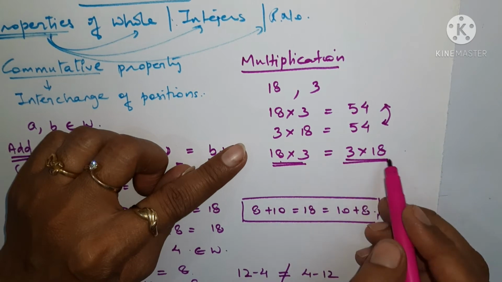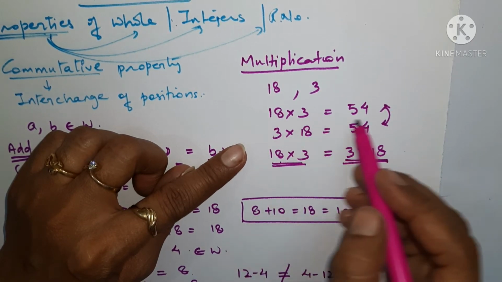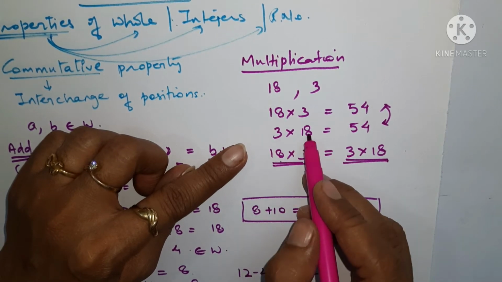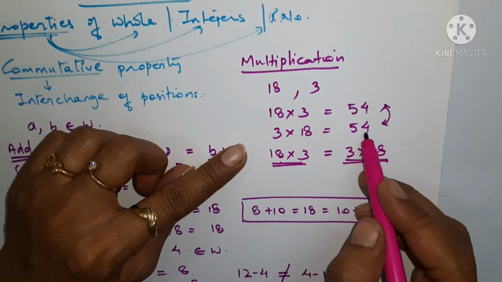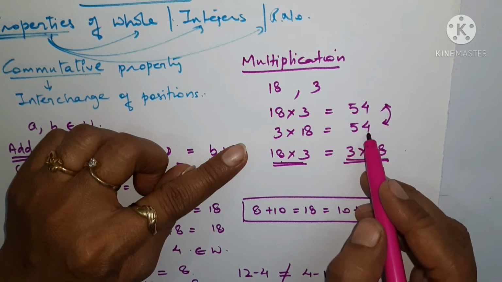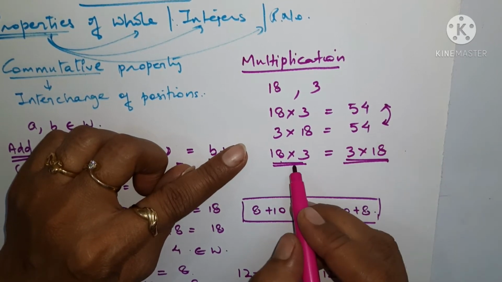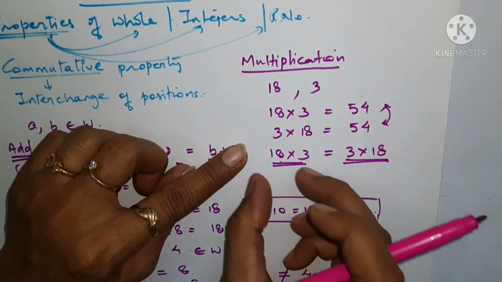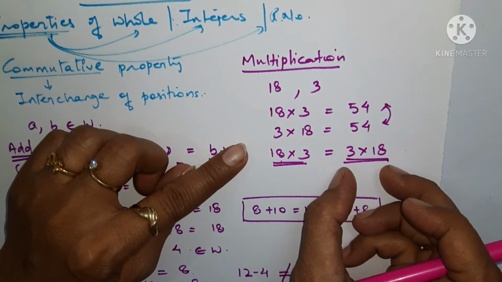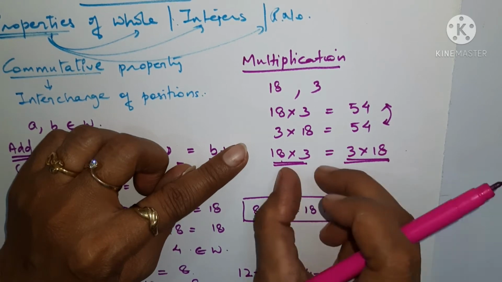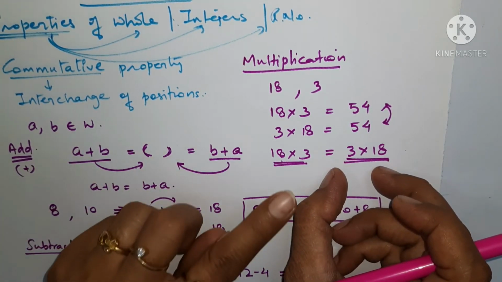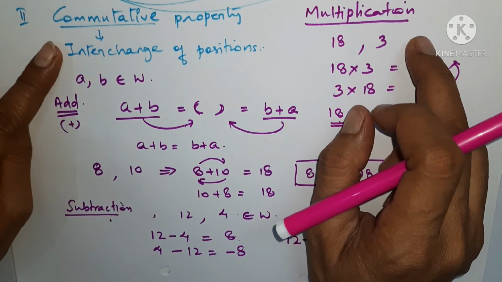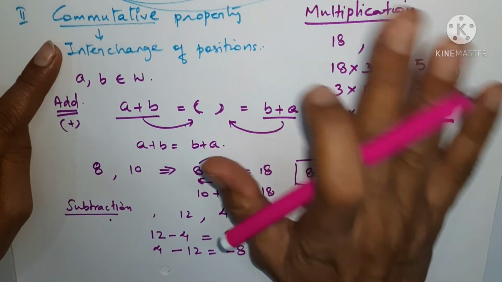दोनों रिजल्ट्स सेम हैं. आप देख सकते हो कि 18 इंटू 3 करने पे 54 आ रहा है और हमने प्लेस को चेंज किया और फिर से मल्टीप्लाई करने की कोशिश की तो 3 इंटू 18 करने पर भी 54 ही मिल रहा है. What does it show? It shows that 18 into 3 is equal to 3 into 18. यानी हम चाहे किसी भी तरह से इनकी पोजीशंस को चेंज कर दें, but still we are getting the same results. And that is why we can say that multiplication is applicable in case of commutative property for the whole numbers.